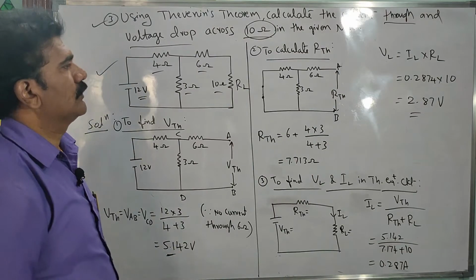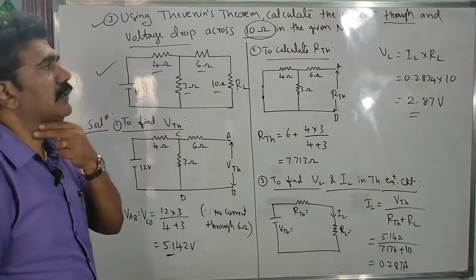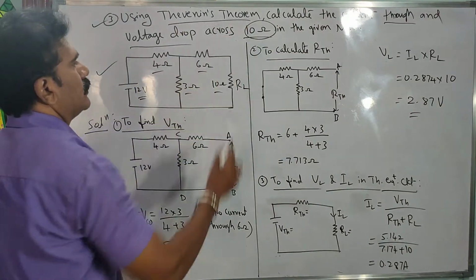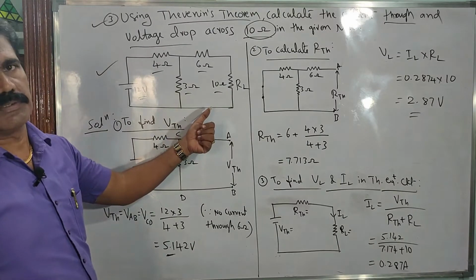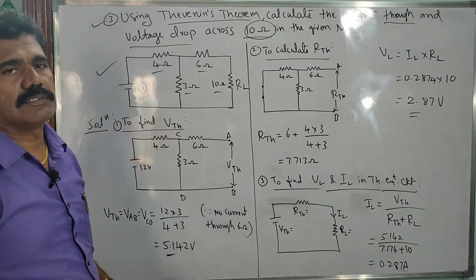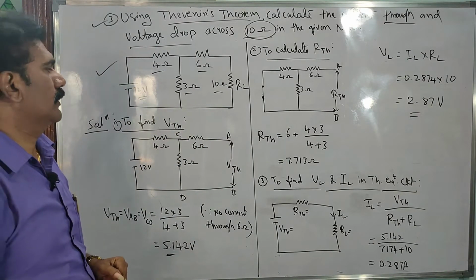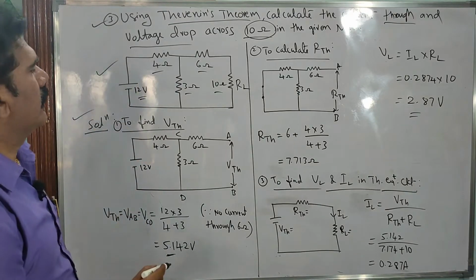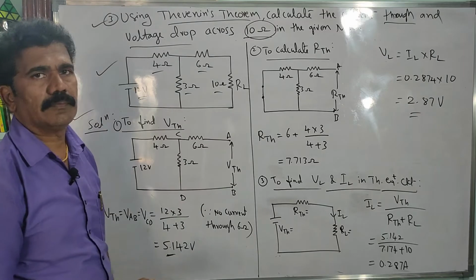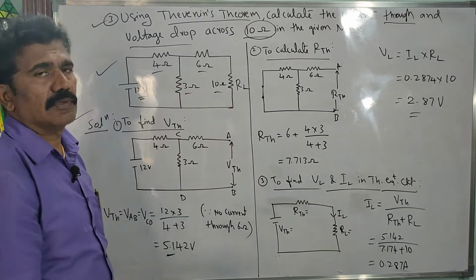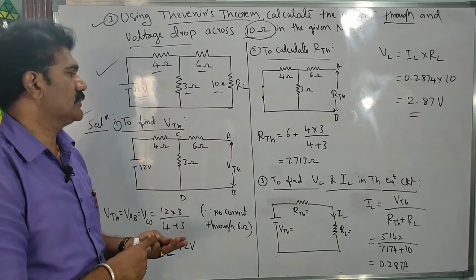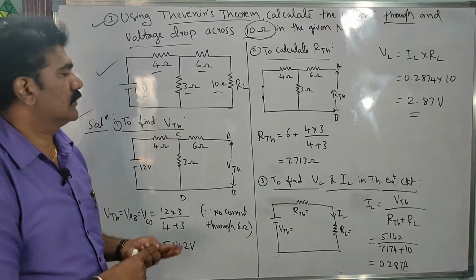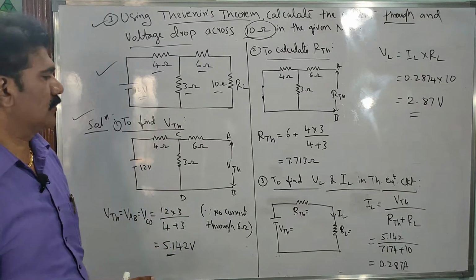Okay, so next, whenever you solve this network according to Thevenin's theorem, we should know which is the load resistor first. We have to identify which is the load resistor, then you can proceed here. So in the solution part you write, how do you find the Thevenin's voltage? Because in order to design the Thevenin circuit, we should know the value of VTH and the value of RTH, right? So first you find VTH as per the procedure.